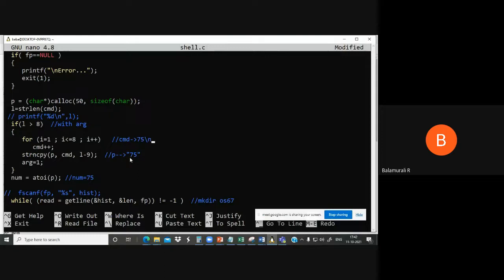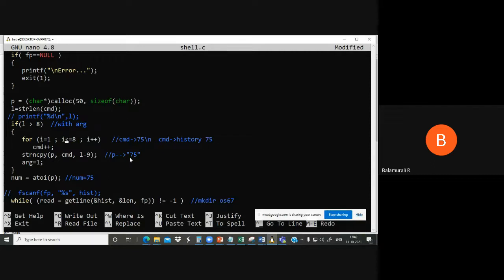For example, if the command is history space 75, it means we need the last 75 commands. Now currently cmd is pointing to H. So we want to make cmd point to 75.